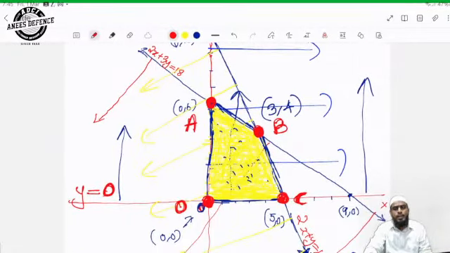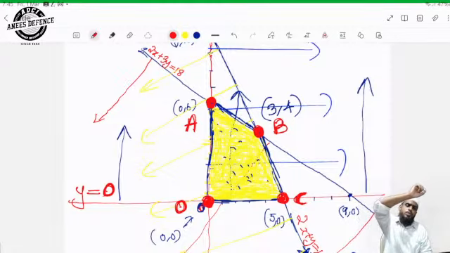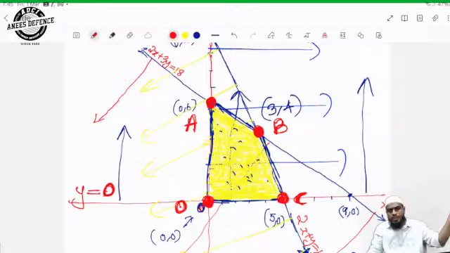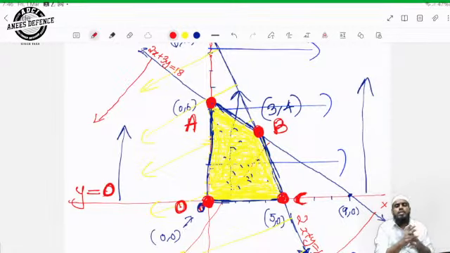Like this, 2x plus 3y equal to 18. So in that particular line, there are three portions. One is above the line, one is the right side, and the other is the left side. So you have to consider any point on the right or the left of the line, then put it in the equation, the inequality equation of that particular line. If it is satisfied, then the region from which you took the point can be considered as the required